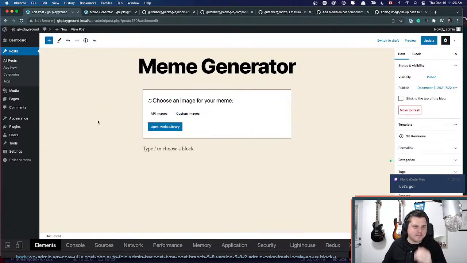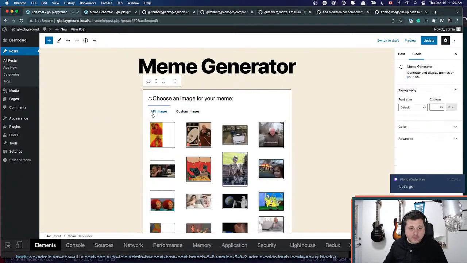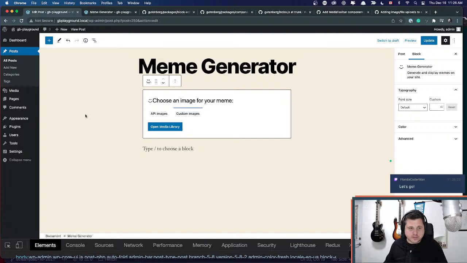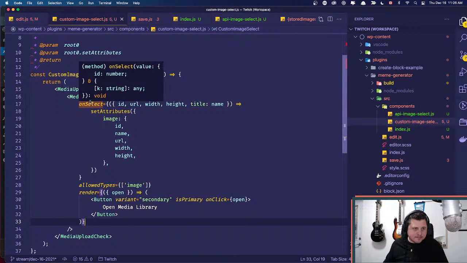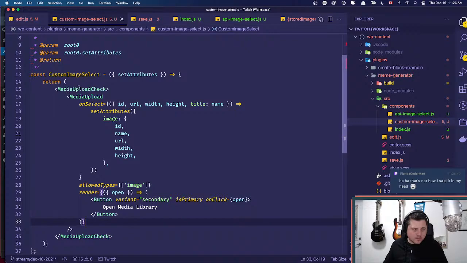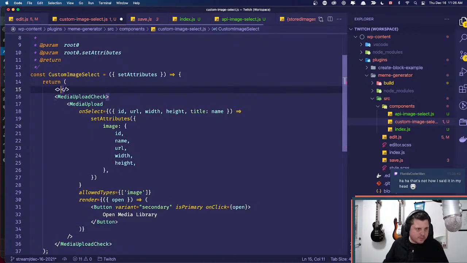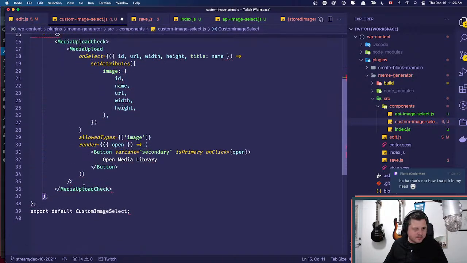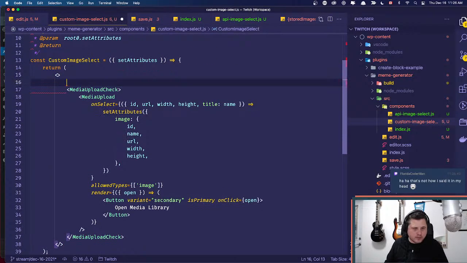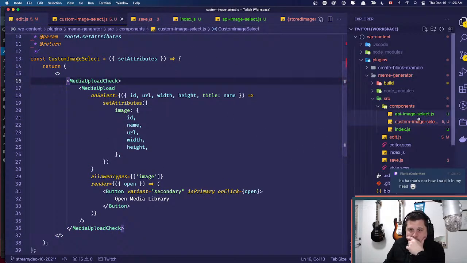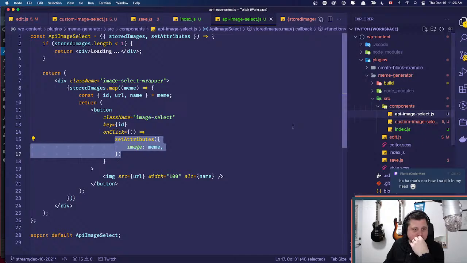Okay. All right, so what we're going to do is set up a query that is going to basically do exactly what we do here for API images, and we're going to do it this way. How are we gonna do this? Okay, I'm gonna use this little fragment shorthand just for now. And up in here, I'm going to pull in the API image select component